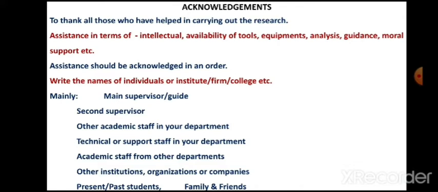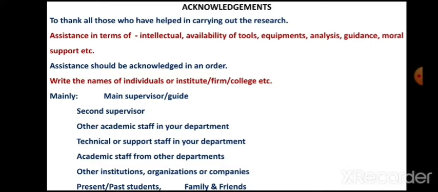You can acknowledge the other academic staff in your department, meaning the other teaching staff in your department. For technical support, you can acknowledge the non-teaching staff of your department. That means the lab assistant, lab attendant, and peon.